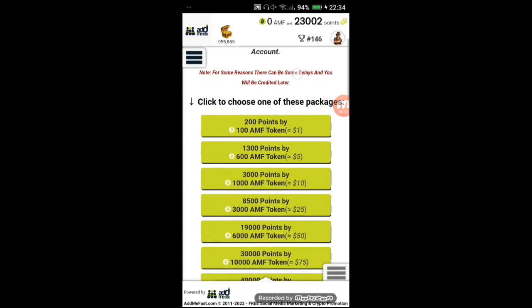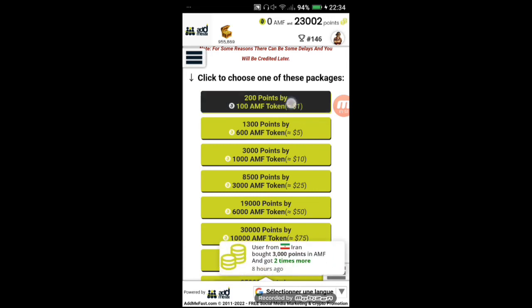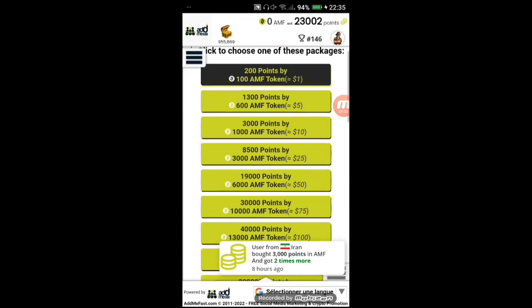And when you buy from this section, you will get double points. Like if you buy 200 points with 100 IMF token, you will get 400 points, not 200 points. The addmefast site will give you 200 points like a bonus. So how to buy points in this section? You just choose the offer that you want to buy. You just click and